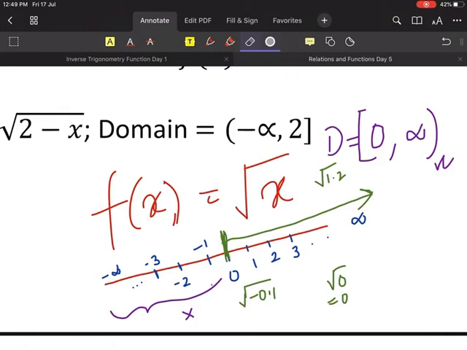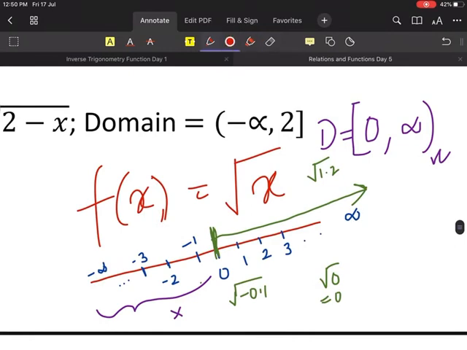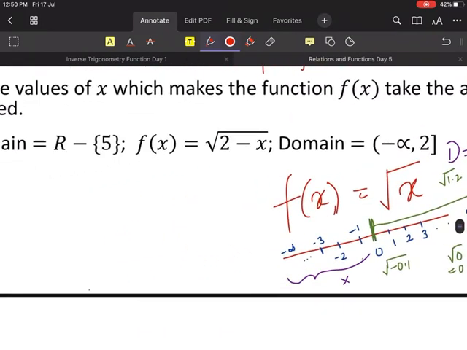Now I will teach you a shortcut. You see square root of x. If somebody asks you the domain of this, just write x greater than or equal to 0. Greater than or equal to 0 means 0 is included, and greater than 0 means positive numbers, right? So x greater than or equal to 0 means 0 and all the positive numbers. Is it this one or not? Clear?